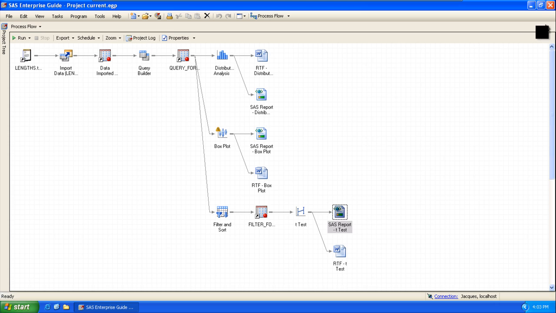Now we get the data with a t-test procedure and our null hypothesis 13.1. So here is the mean for our data. So here we can find the t-test. Now if we want to see the t-test for